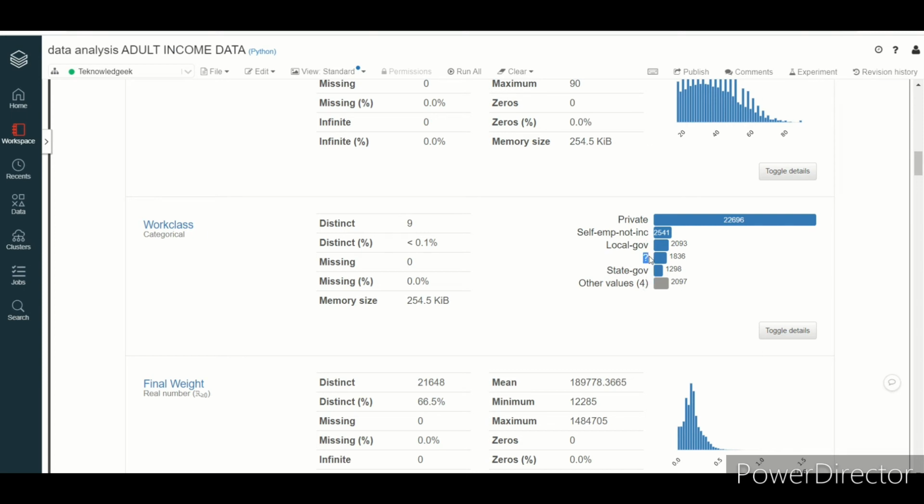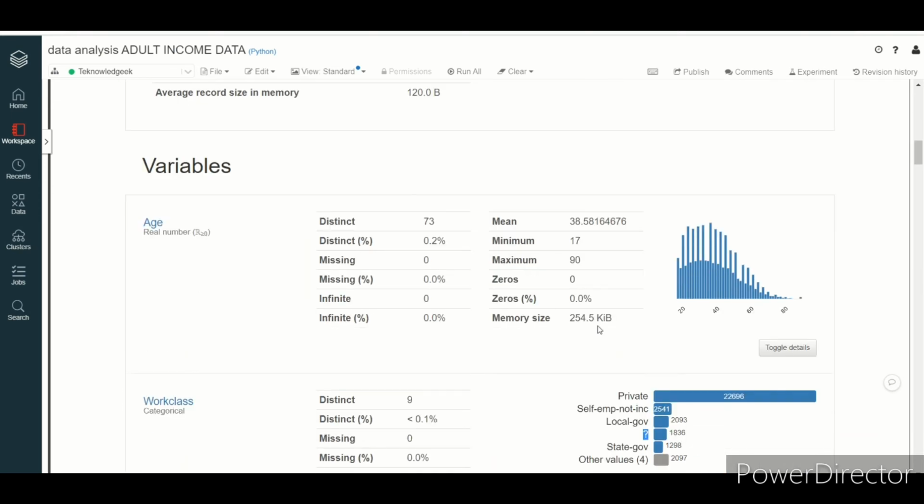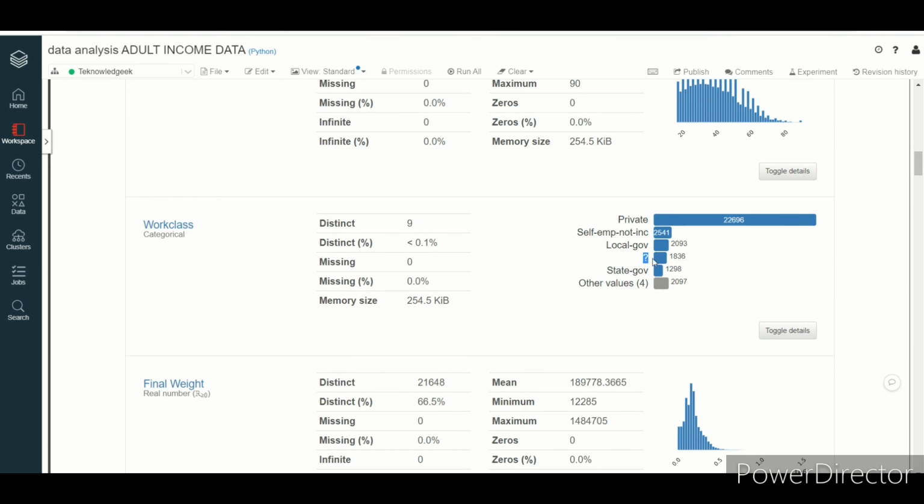And you see there is a question mark. That is actually missing data replaced by a question mark. So you need to identify this question mark and clean it before you process this data. So this is your missing value, not the one which is by default coming. So you need to check whether you have question marks in the data set. And you see there are 9 distinct records, so you can easily convert this categorical data to numeric data, having 0 to 8 distinct numbers assigned to each